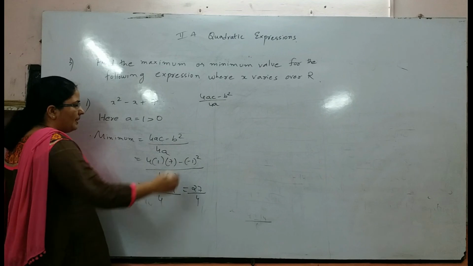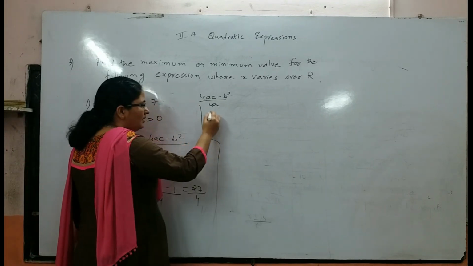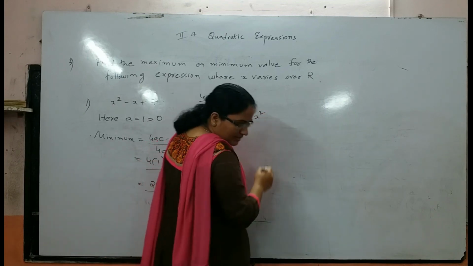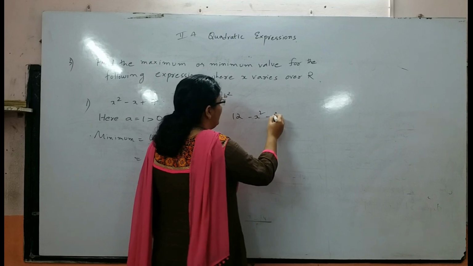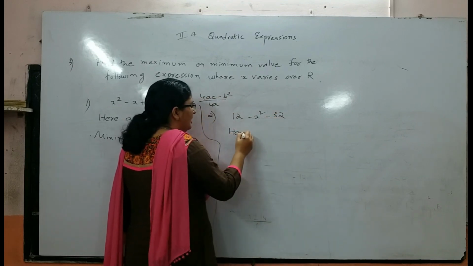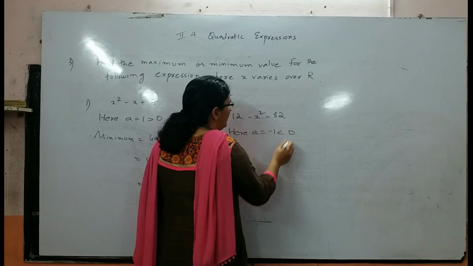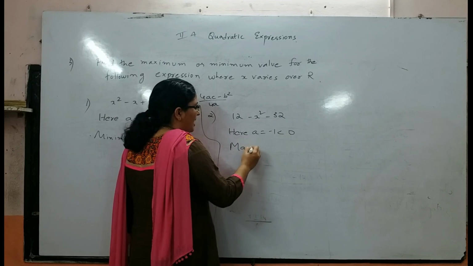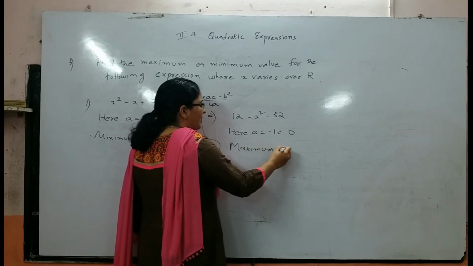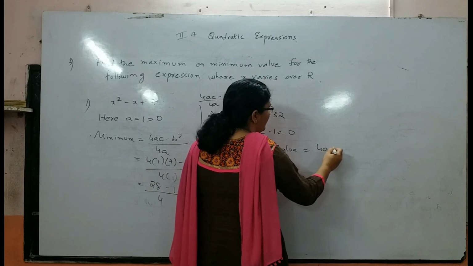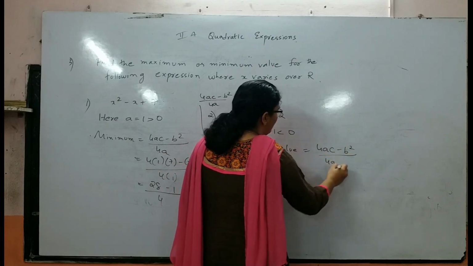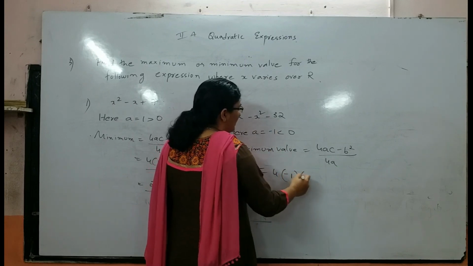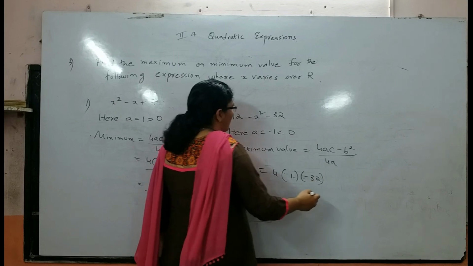Next question. 12 minus x square minus 32. Here a is equal to minus 1, less than 0. So it has got maximum value. The maximum value is once again (4ac minus b square) by 4a, that is 4 into a, minus 1, c is minus 32,